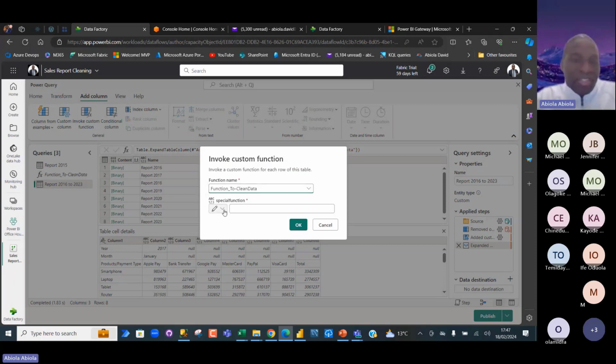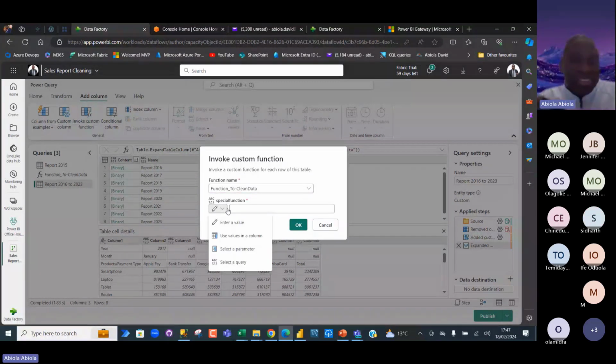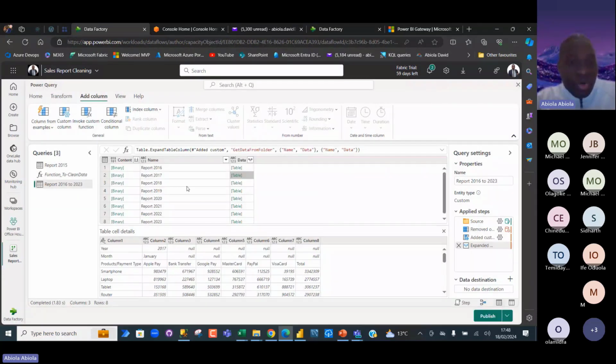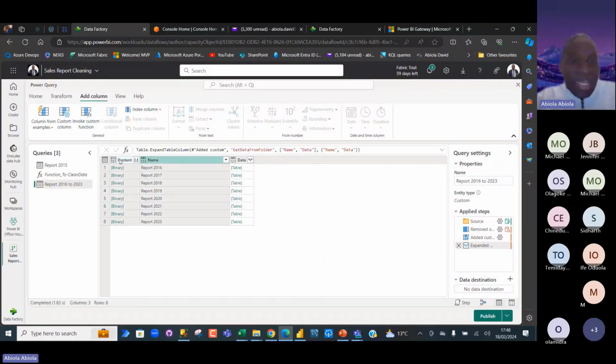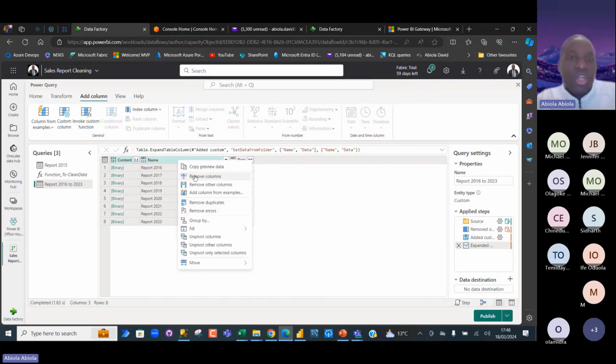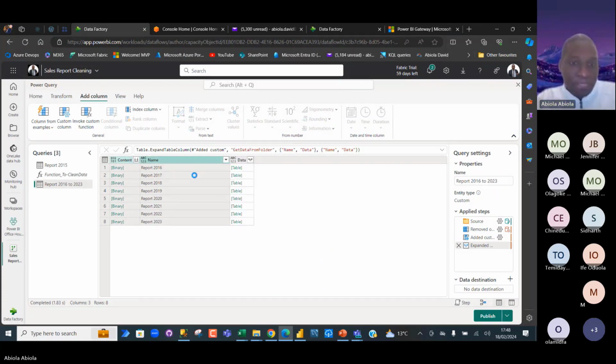Now this looks quite different from the Power Query in Excel and in Power BI. This is actually a different field or another experience in the Dataflow Gen tool. That's one of the differences I observe. So for now, you can see we can enter any value. This doesn't work. Okay, before I do this, in order to make it easier for us to understand, I'm going to get rid of these two columns, the content and the name, right click and remove columns.